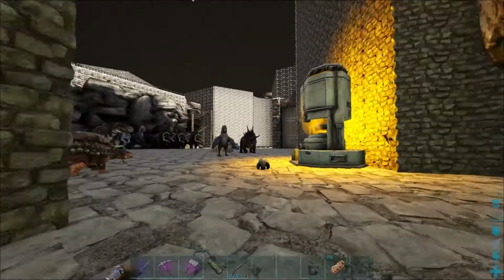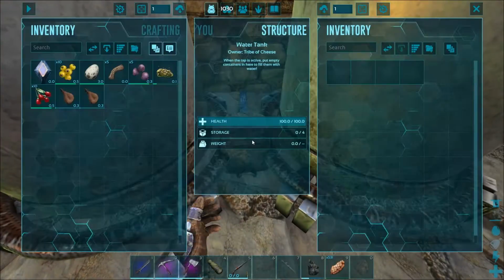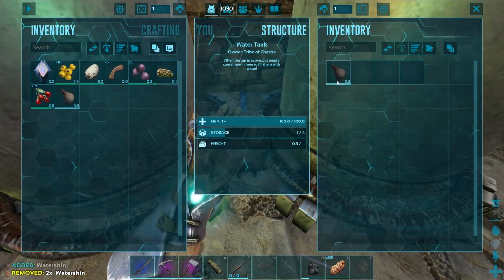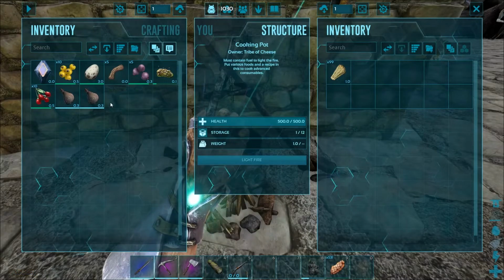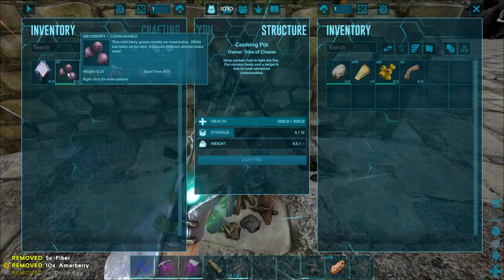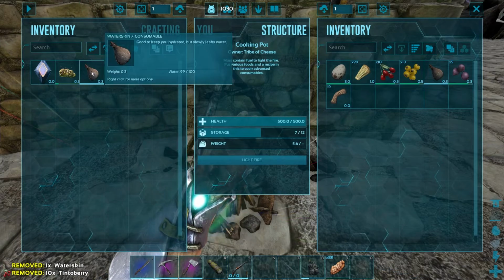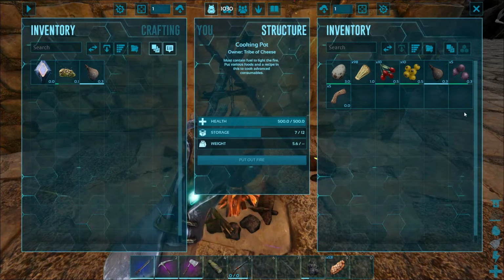So if you're on vanilla, what you're going to want to do is go to your water source. You're going to fill up some water skins or jars or canteens or something with water. You're going to go over to your cooking pot. You're going to put in all the stuff for simple kibble. We're going to need a dodo egg, 10 amar berries, 5 fiber, 5 medjool berries, 10 tinto berries, and the water skin. We're going to light the fire, and in some amount of time...